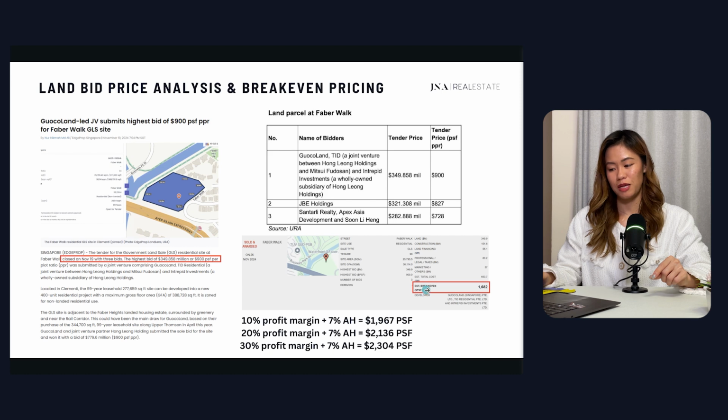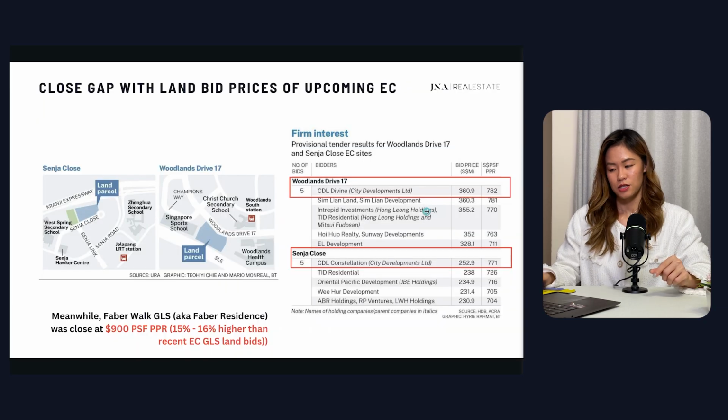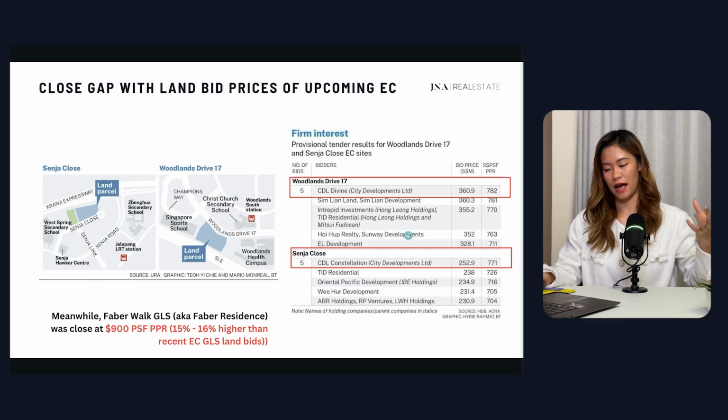In fact, that's why a lot of people are hyping up this new launch, because the price itself is extremely, I would say, reasonable and backward looking. So why are people raving about it? In terms of its price with respect to other kinds of property types, I would say, you have